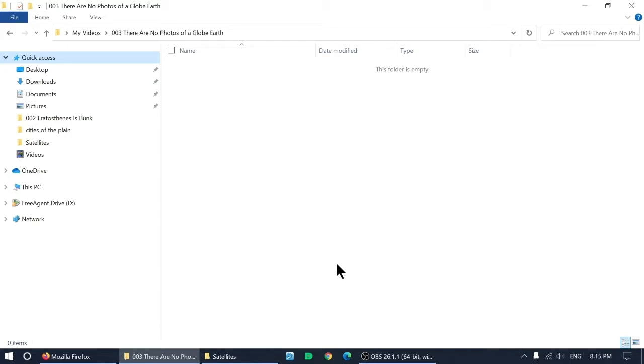The second thing that is largely cited as a proof of the globe is how ships disappear over the horizon, bottom up. And this is explained as being ships sailing over the curvature of the globe Earth. We talked about this a little bit in my second video, Eratosthenes is bunk. How this is a visual effect, and it has nothing to do with the curvature of the Earth, and you can demonstrate that very